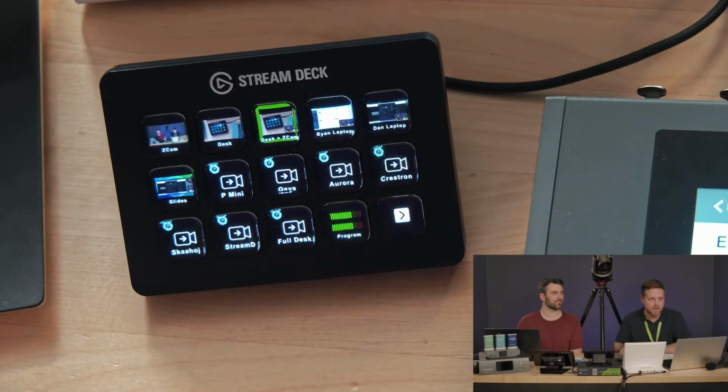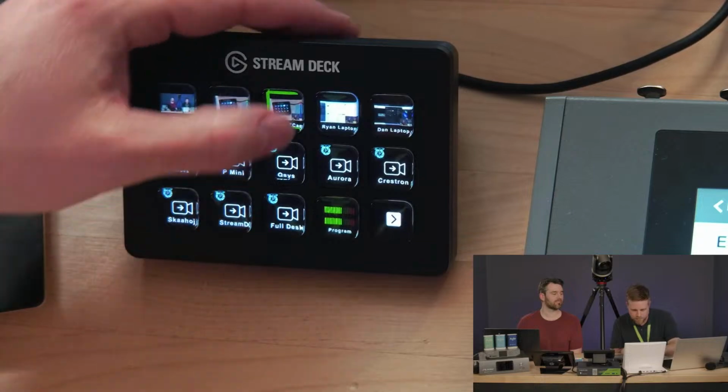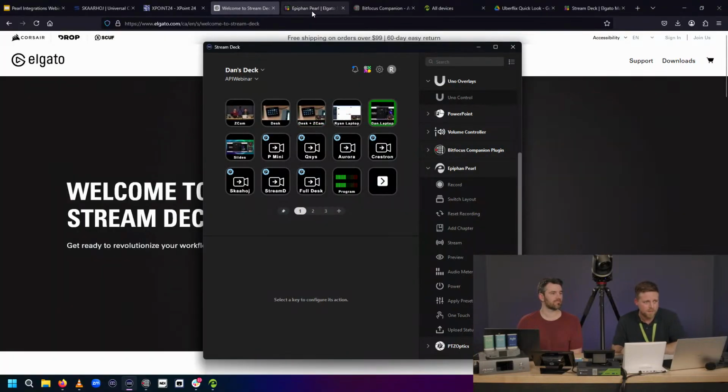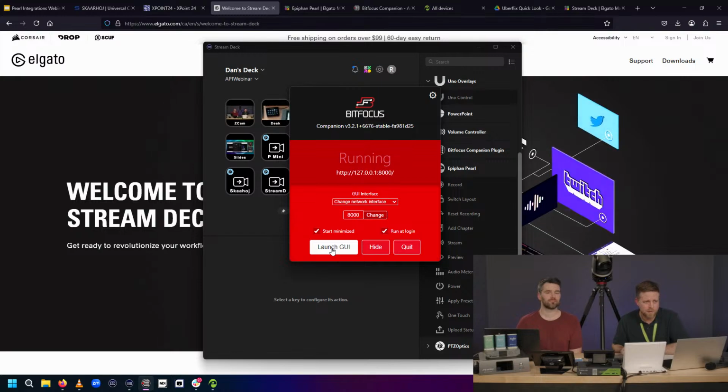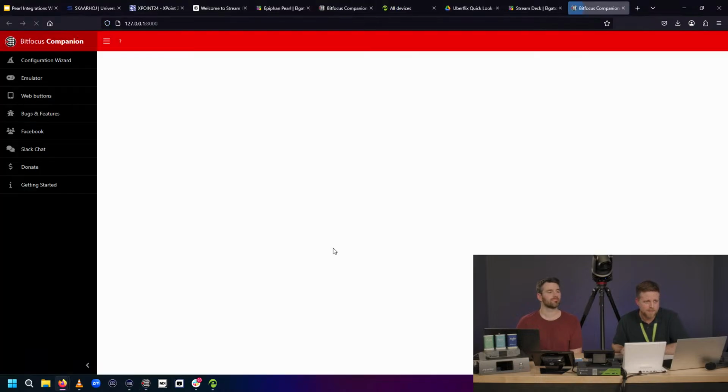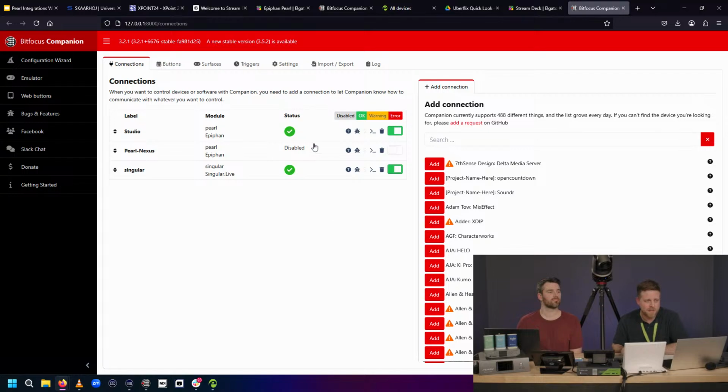Ryan did mention BitFocus, so let me switch back to my laptop here. BitFocus Companion is another way you can control your Pearls. If you download the BitFocus Companion app, you can launch this user interface, another control system you can use with your Stream Deck.